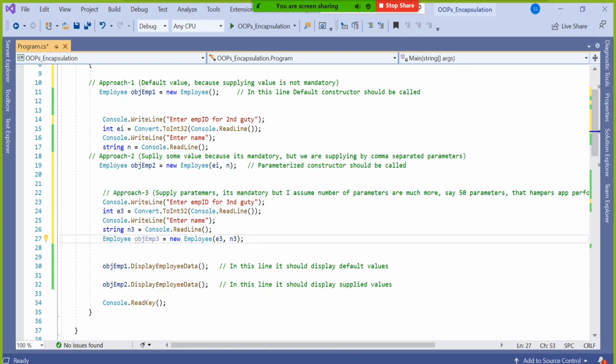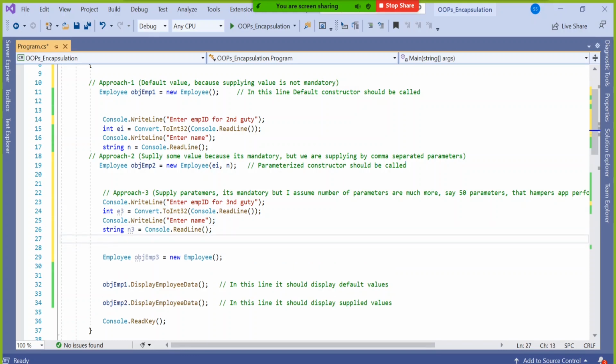What this third approach is: I am not happy supplying by comma, comma, comma. Rather, I will create one object separately and I will supply that object directly here. So I will say Employee O1, or O3 I will say, because employee number 3, why not emp3 equal to new Employee.